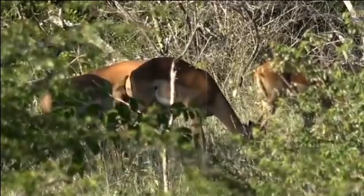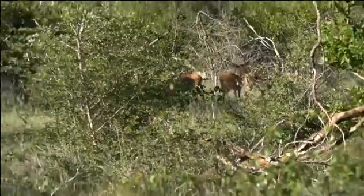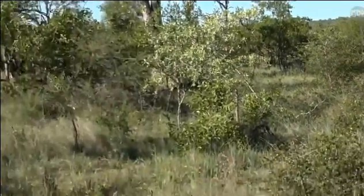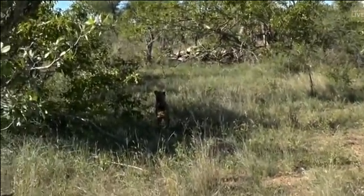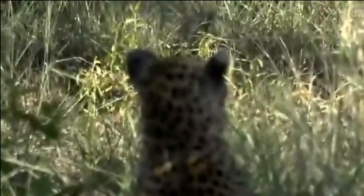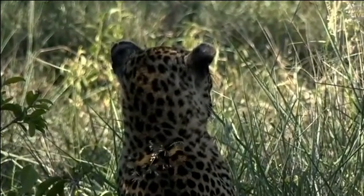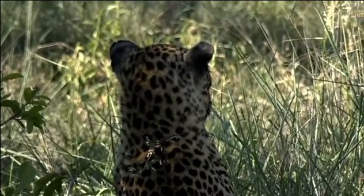Leopards love to go after things like impalas, and so you'll find that they spend a lot of time hunting them. Now, this leopardess that we see here, she's spent many years hunting. She's now around 11 years old. And so she has a very good technique when it comes to hunting. So she knows exactly what she's going to do. And while we're sitting here, she knows she just needs to sit still a little bit,